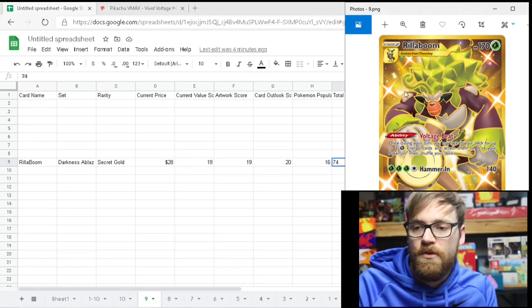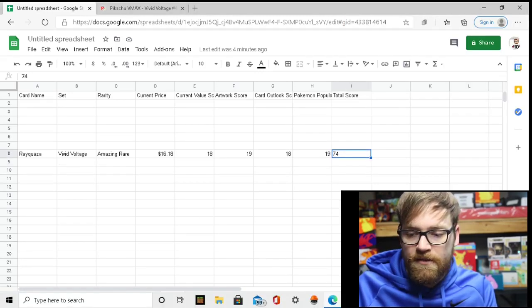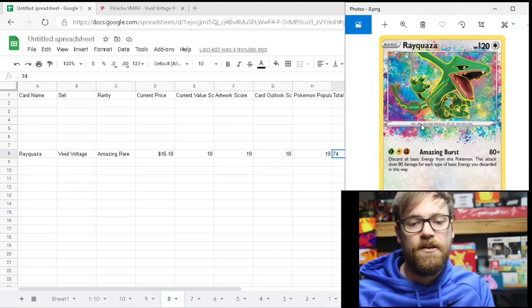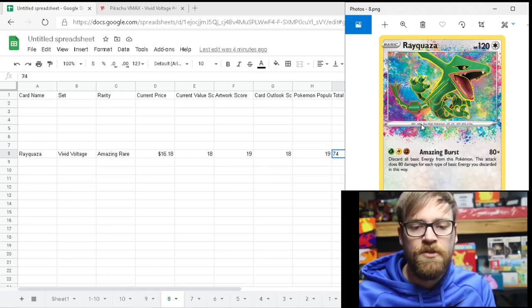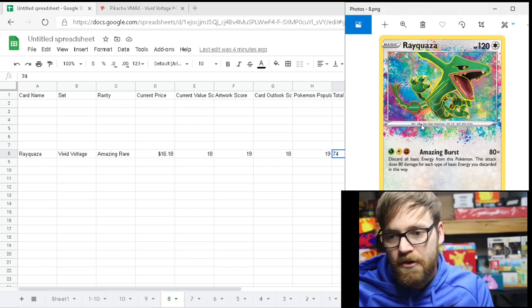Going into number 8, we have the Amazing Rare Rayquaza. That is from the Vivid Voltage set. It's currently sitting at $16.18 on tcgplayer.com as the market price. Overall, I gave that an 18 out of 20 on my value scoreboard, mainly because at the current cost of